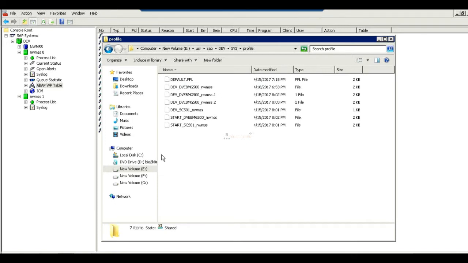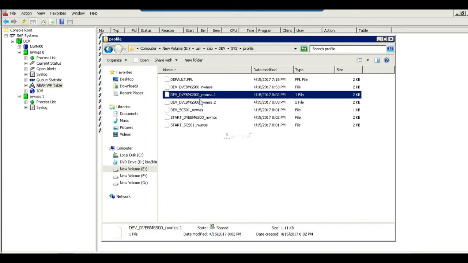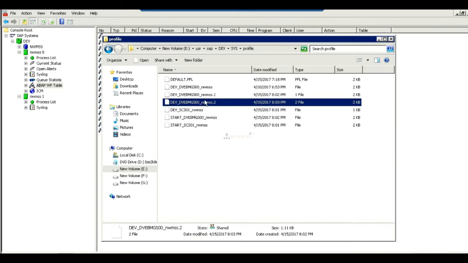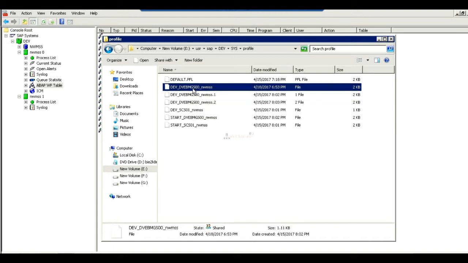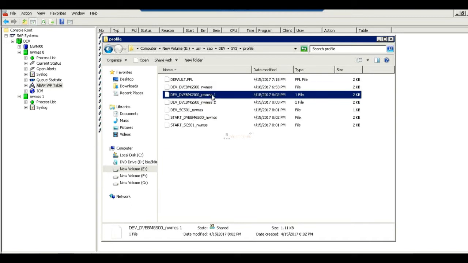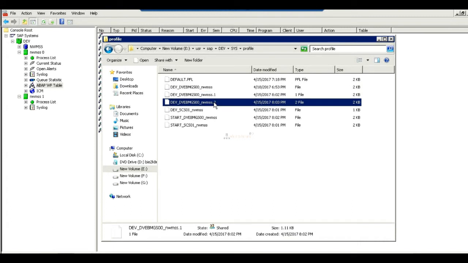What is NWSS .1.2? These are not original profiles. Whenever it is created, it will create a profile while reading, starting from .1. The .2 files are just backup files.